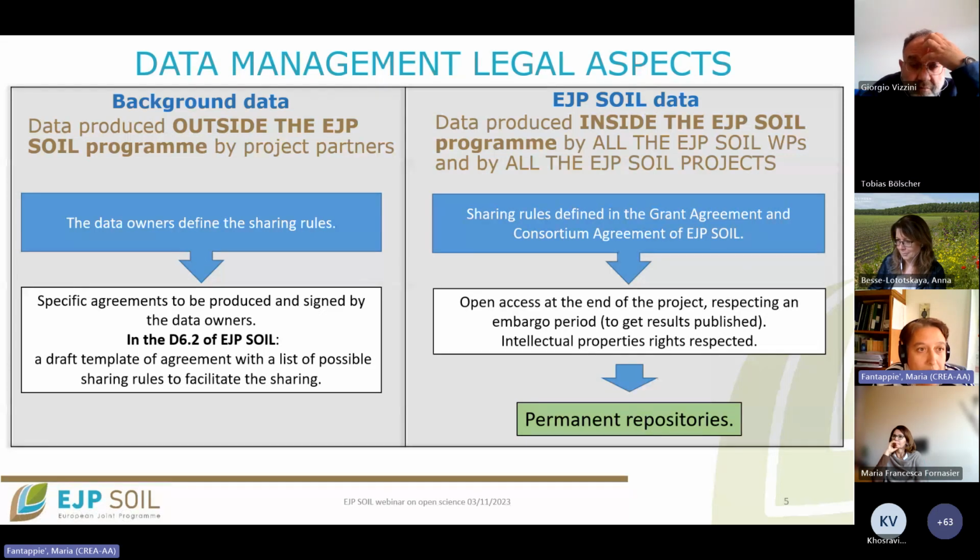again for clarity. We are now dealing in this presentation with the data sets that are produced with the funding of EJP soil. So this is on the right side of the slide, but you may also use what is called in the